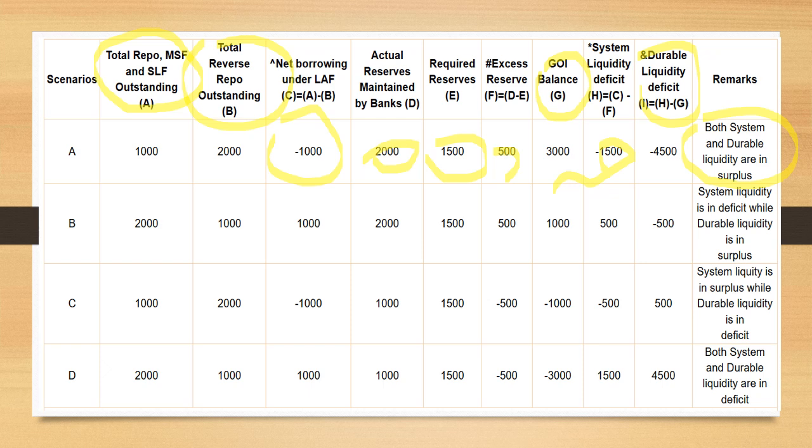As of now, what has happened is that there is a liquidity crunch in the economy which is being handled by RBI, and it is a problem which is not getting resolved very quickly. So RBI has to initiate a series of measures. I'm sure this video would have given you an idea of the system and durable liquidity. You can look at the examples below as well. There are different examples for calculation, so you may go through them and get your understanding developed sharply.